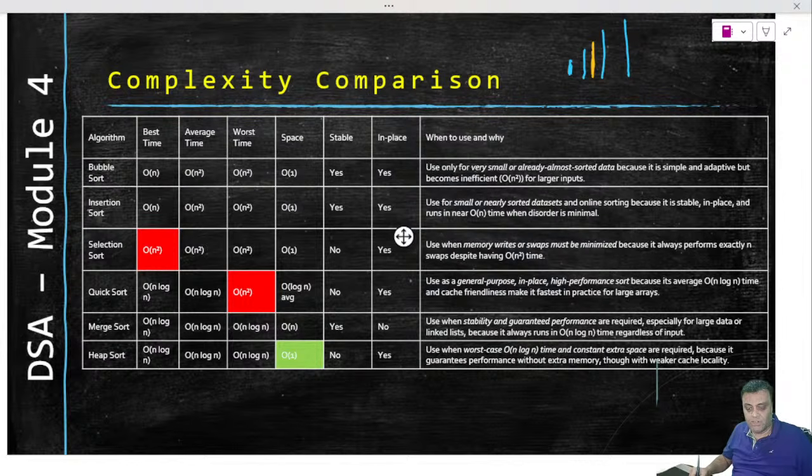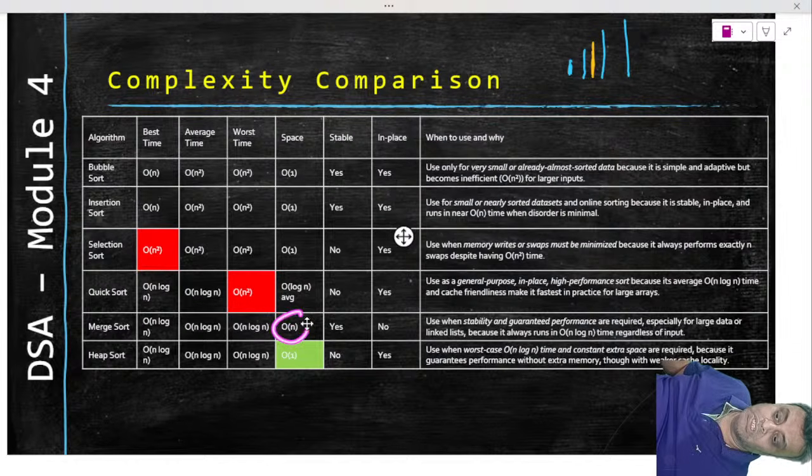And merge sort is where you will have the maximum people coming in and asking you to do the problem using merge sort, because it is very powerful. It is stable. It is going to be done in n log n irrespective of the time taken. However, if there is a necessity to choose between merge sort and heap sort, then you will go with heap sort if memory requirement is less. Heap does not require as much memory as merge sort requires, because merge sort creates a temporary array.